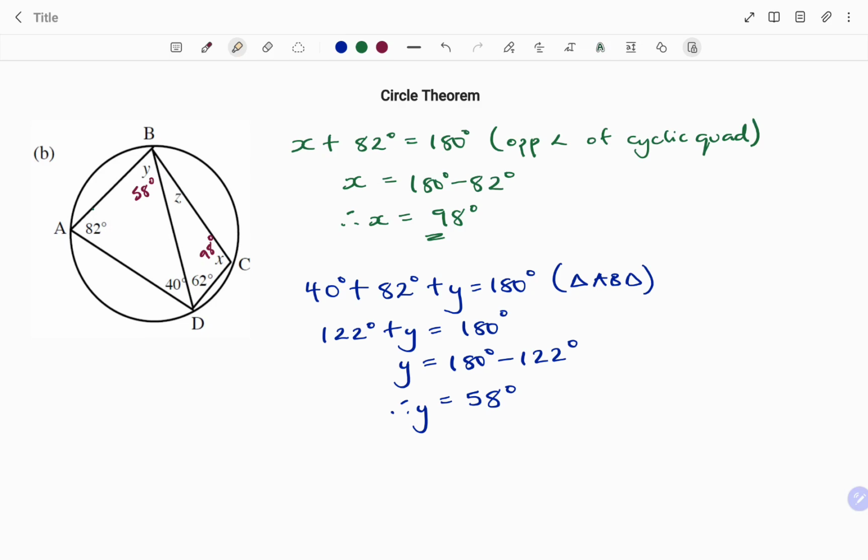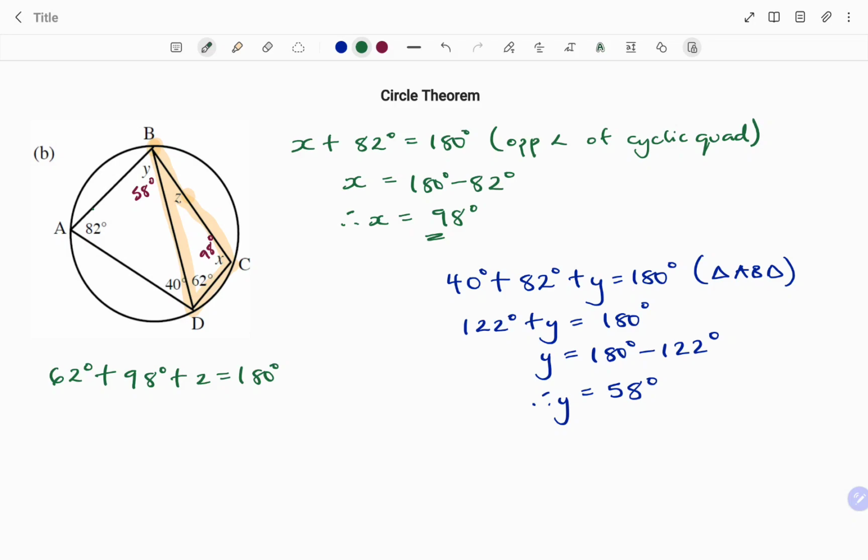Also, if we look at the triangle BCD as highlighted, we can use the same geometry of angle rule that states that the sum of angles in the triangle add up to 180. Now, because I have x to be 98, I can say 62 degrees plus 98 degrees plus the angle at z equals 180 degrees. And the reason being, sum of angles in the triangle